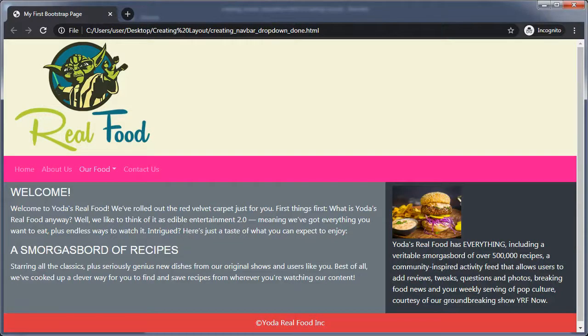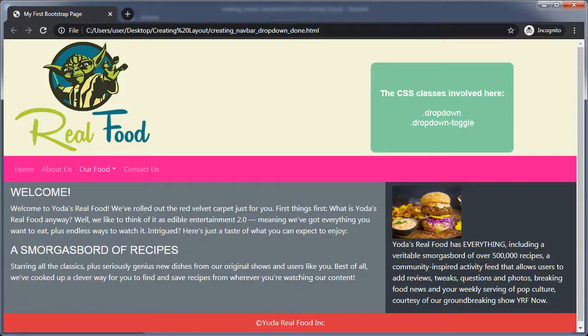Hi, in this tutorial, I will be showing you how to create a simple drop-down menu like what you see over here. And the classes involved here are Dropdown, Dropdown dash toggle, Dropdown dash menu, and Dropdown dash item. The Dropdown CSS style is meant to style the drop-down position,